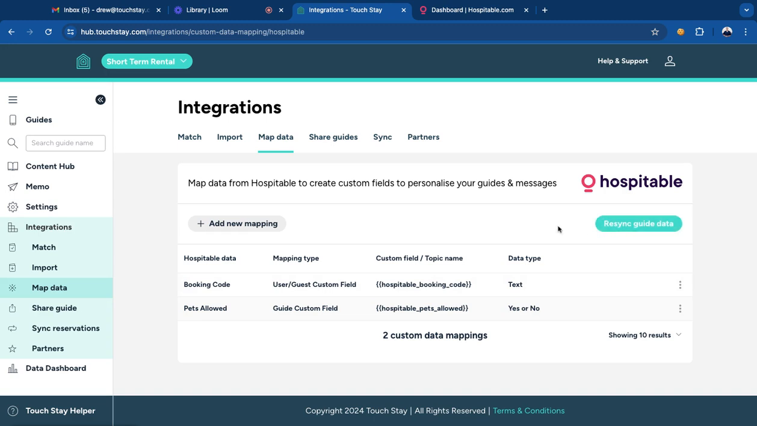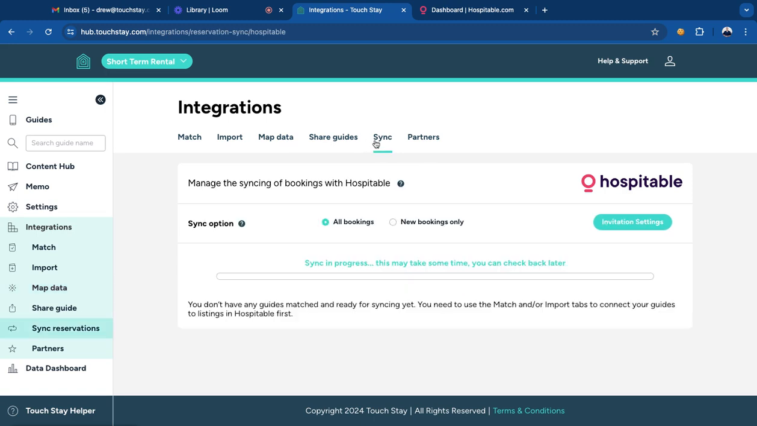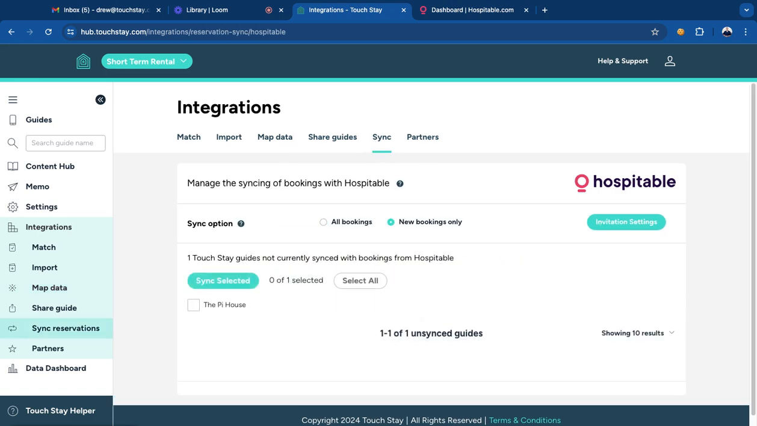Okay, so we've established a relationship between guides and properties. We've talked about some custom data mapping. Let's talk about the real fun part, and that is the synchronization part of this integration. And that's where this really becomes the most useful. Because what this is, you have the ability to turn on or off synchronization for reservations. So whatever property you have imported or matched, like the Pie House in this example, I can set this to